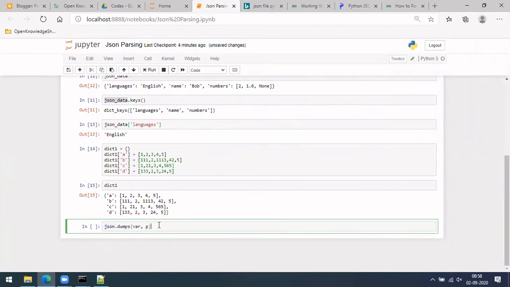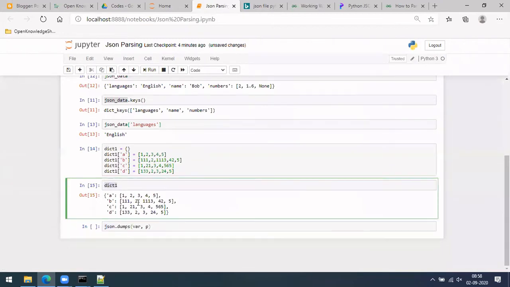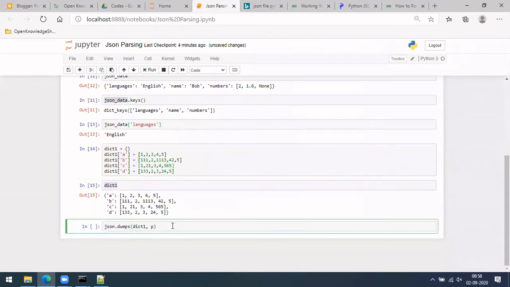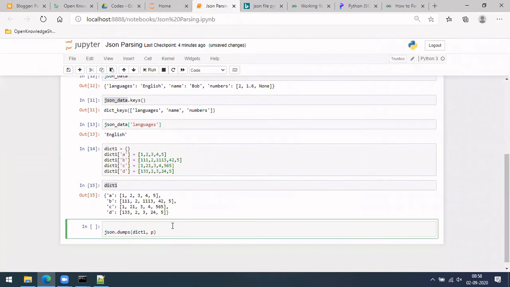Let me copy it. We want to have it in an output file: f dot open, os dot path dot join, main folder path, comma, output JSON.